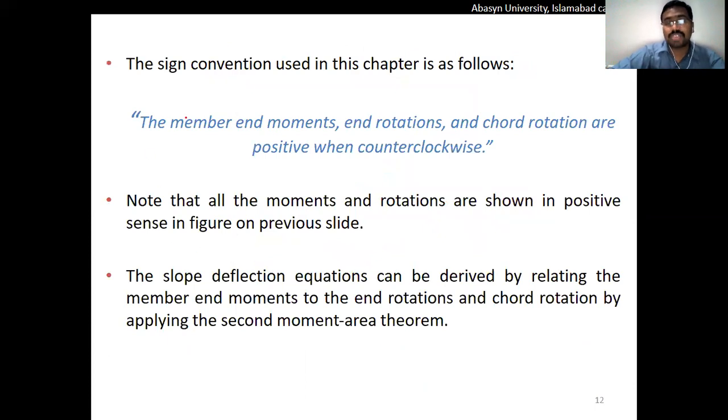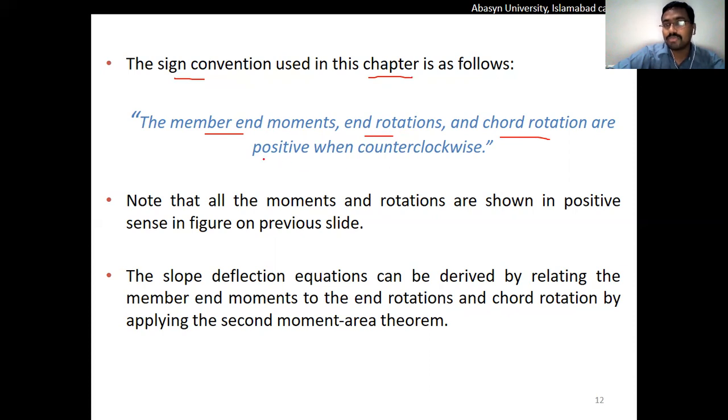And coming to the sign conventions, which are considered an important parameter in structural analysis, the sign convention that I am going to use in this video is from chapter 16 of Structural Analysis by R.C. Hibbeler. The member end moments, which are the fixed end moments, similarly end rotations called theta, and chord rotation called psi,